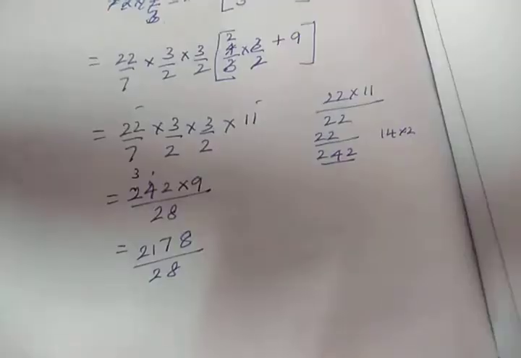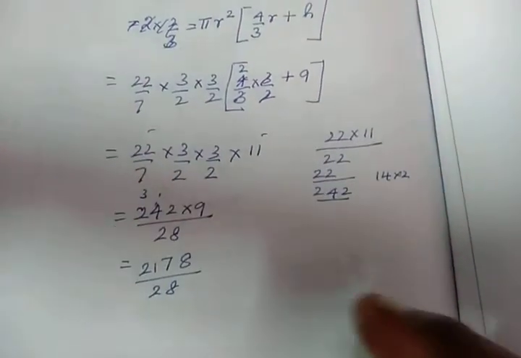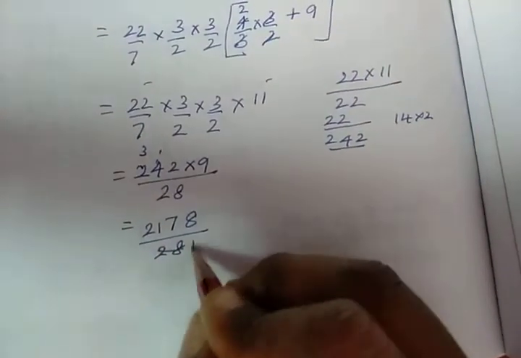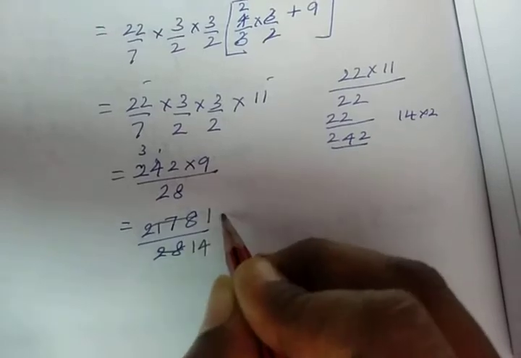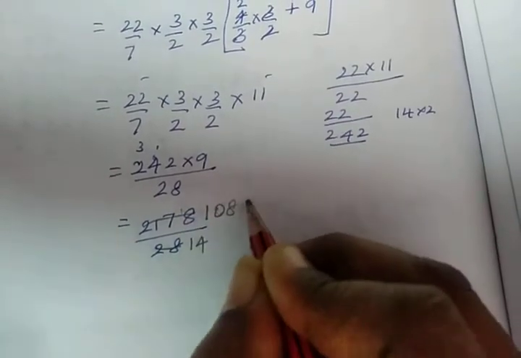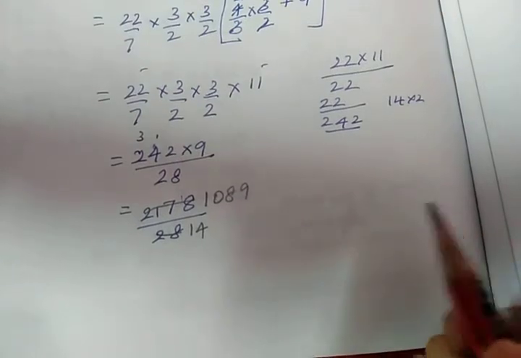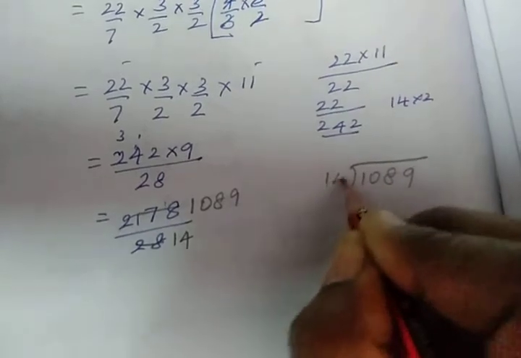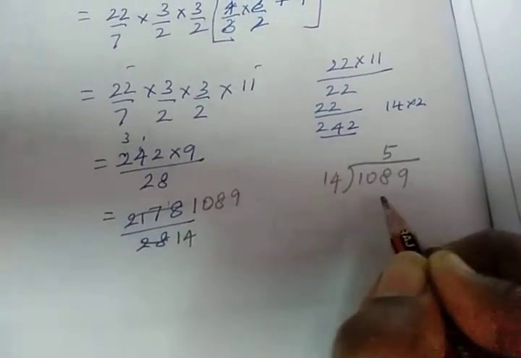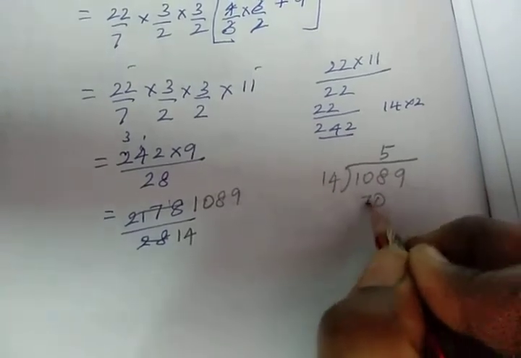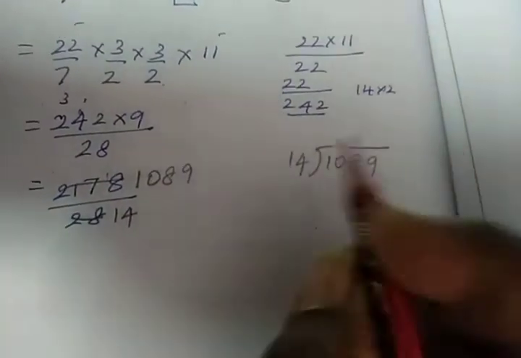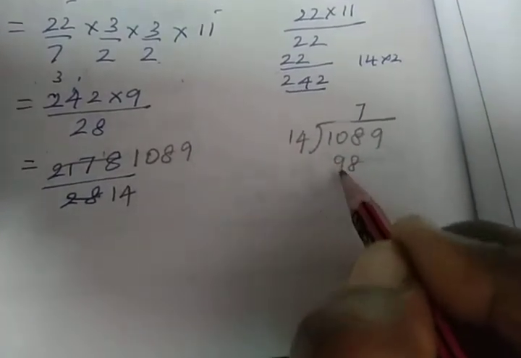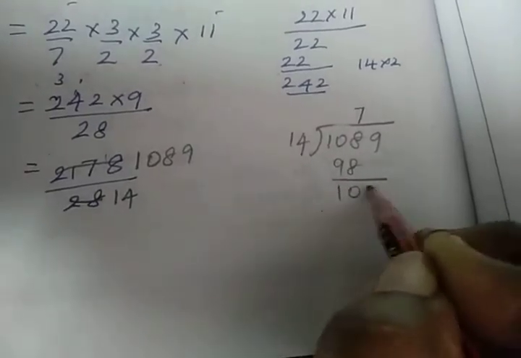Let me check the answer. I can cancel it here itself, so I didn't notice it. Okay, no problem, I'll cancel it now. 14 times 1 is 14, 2 is 28, 8 twos are 16, 9 twos are 18. Now 1089 divided by 14. Let me say 5 times. 5 fours are 20, remainder 2, 1 five is 5, 6, 7. So now it is 7 times. 7 fours are 28, balance 2, 1 seven is 7, 8, 9, 0, 1, 109.